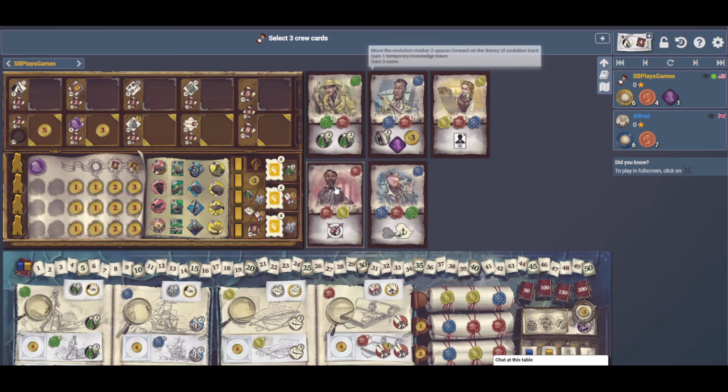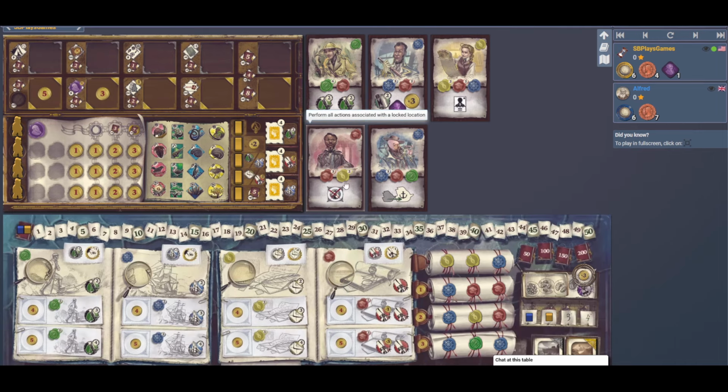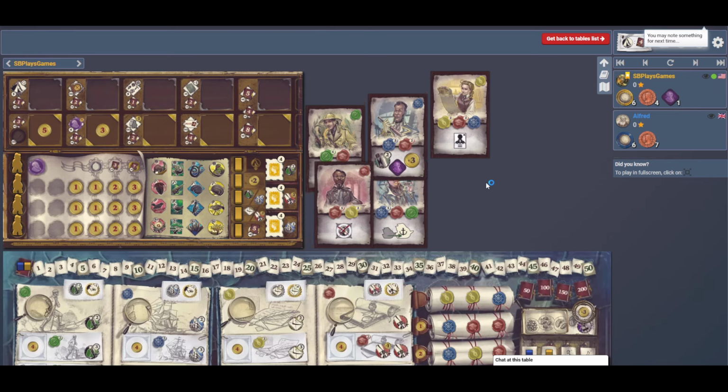I am not planning to take anybody who has yellow seals, but we might be able to get away with lensing a yellow action or something. Anyway, I think I'm going to stick to the plan. Let's go ahead and grab these 3. Let's see what our initial